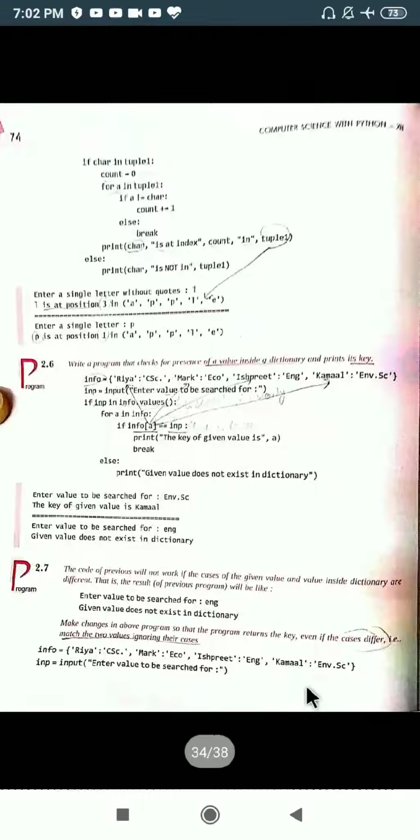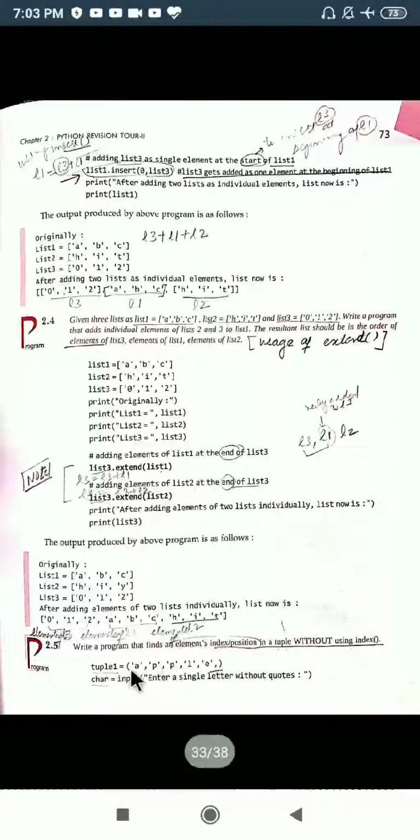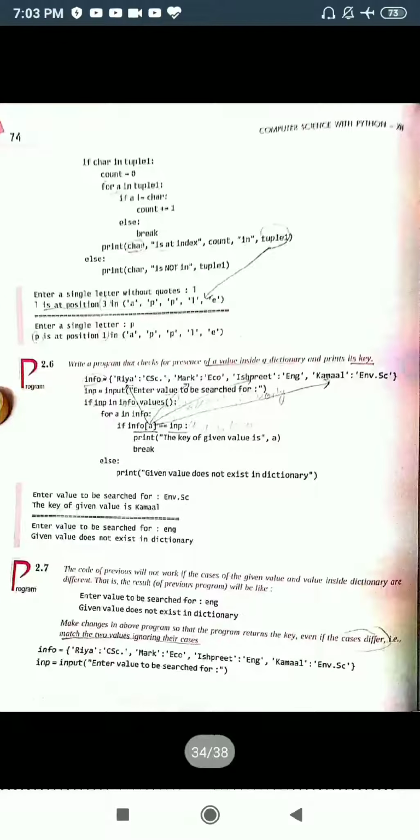See, a refers to this a p p l e, so a is a0, this is a1, a2, a3, a4, so a will vary this way. Whatever value you have given is being compared with all of these. Wherever we get it, we will print the index of that.